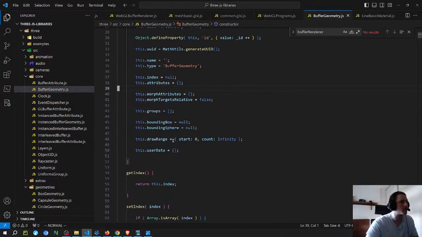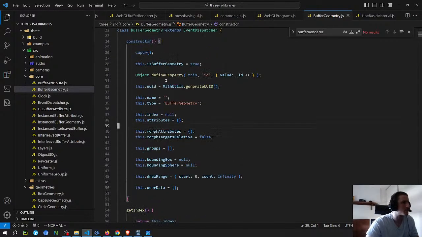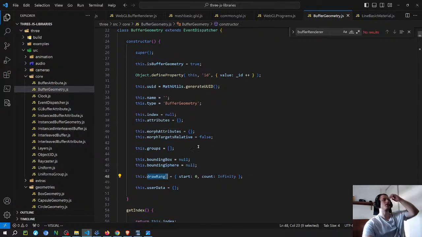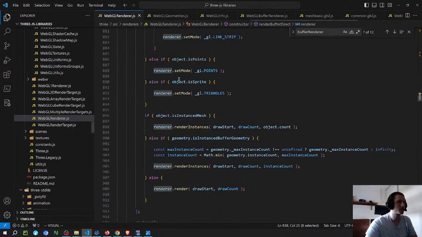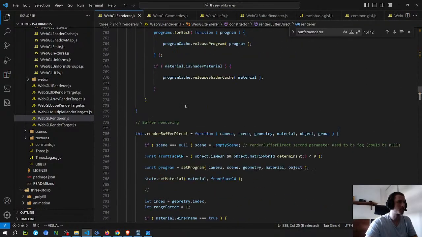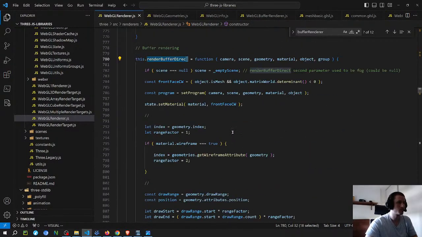Yeah, this starts. No, it's not this one. Maybe it's another. Oh, here, draw range. So yeah, it is from the classes. Depending on which geometry you use, it's just going to pass this stuff here inside of the other function. Inside of this. So I think this is the main entry point, the main point of connection from three.js to